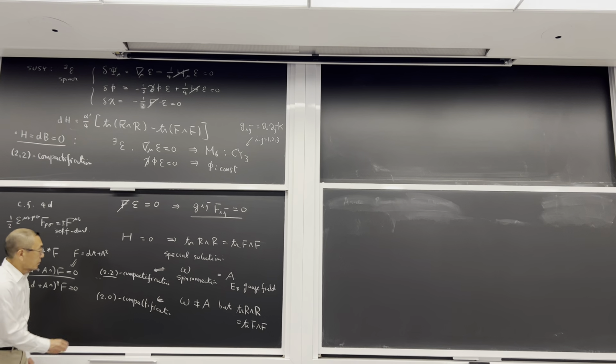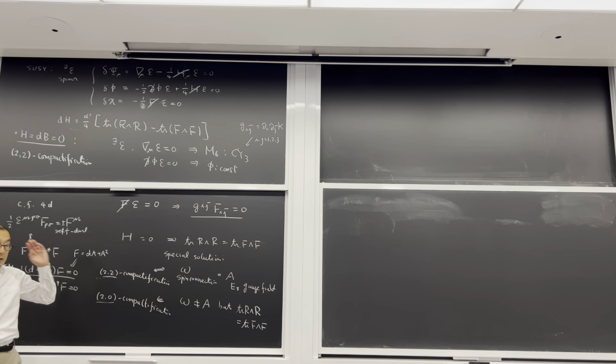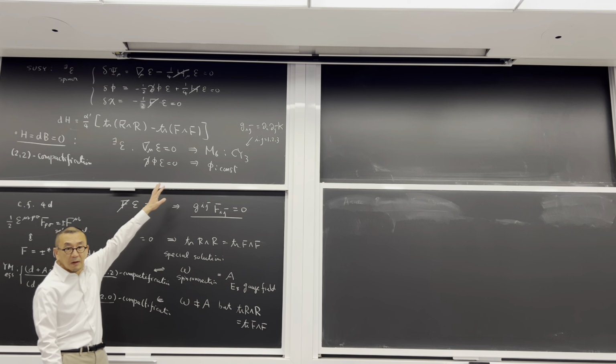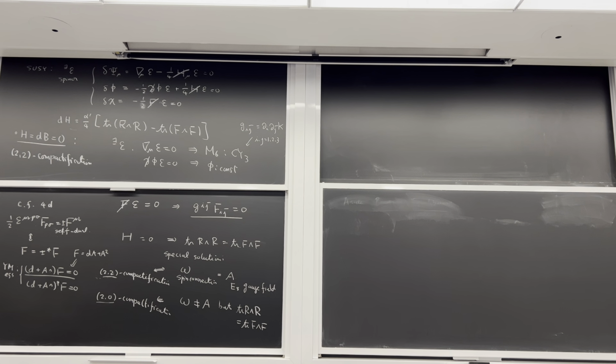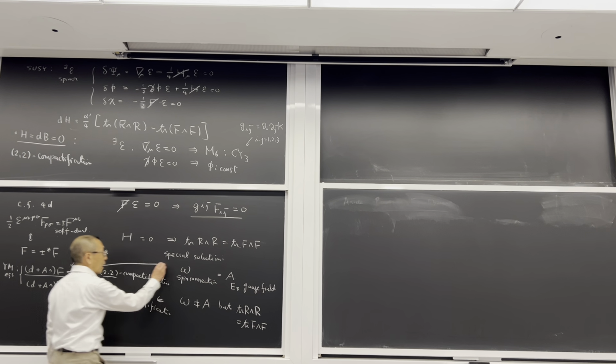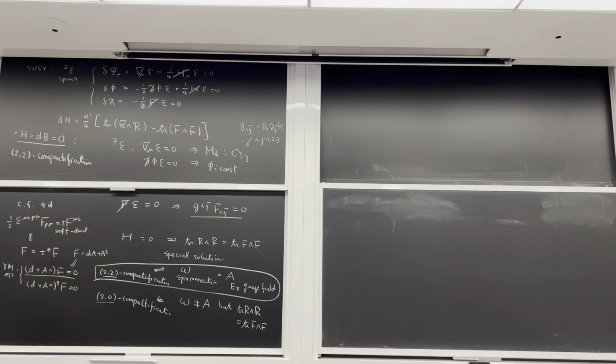So the space of (2,2) compactification is very well understood. It's essentially the moduli space of Calabi-Yau manifolds. So that's a very nice, beautiful geometric construction. The space of (2,0) compactification is more difficult, and the entire class of solutions is still to be understood. So for this lecture, for this course, I will focus on this simpler setup.